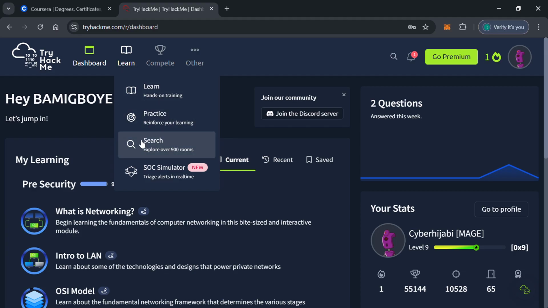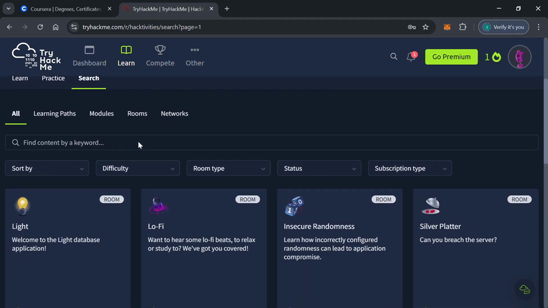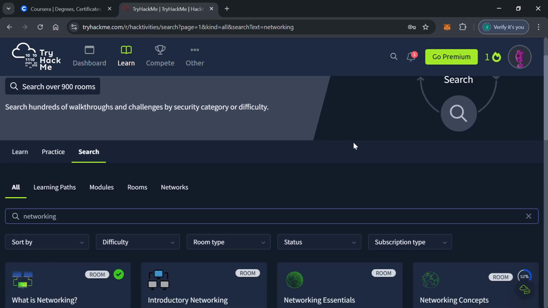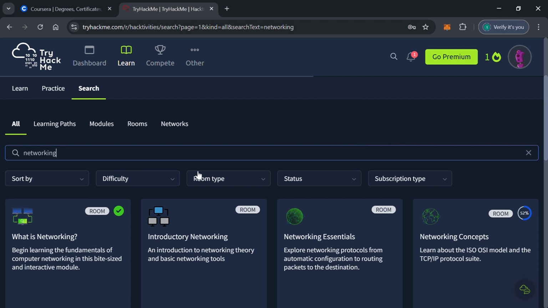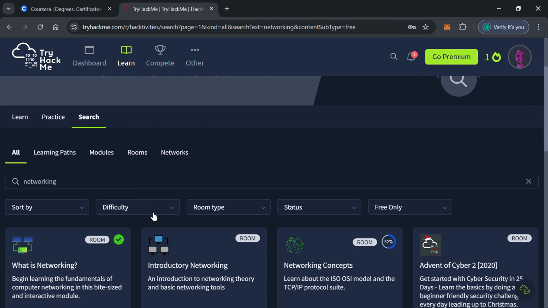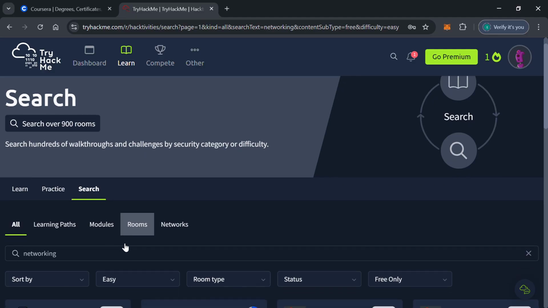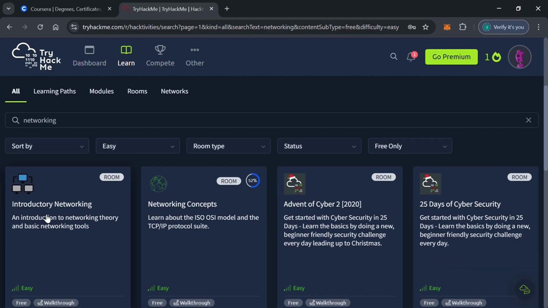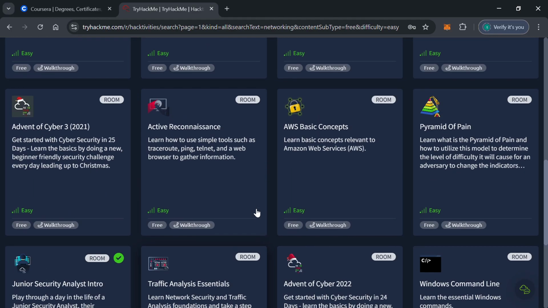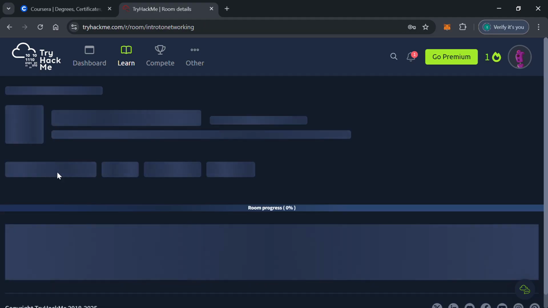Go to learn, search, then we type networking. Then we'll see, okay, we have it already. What is networking? But for others' sake, you can just filter. It's a free room, free only, and the difficulty is easy. So we have introductory networking. So these are all the free rooms that have to do with networking. So we click on this. This is the room we're interested in,